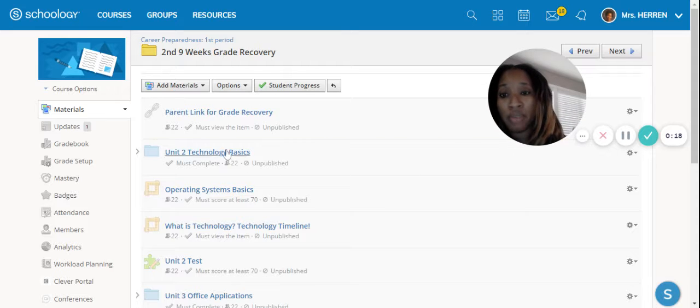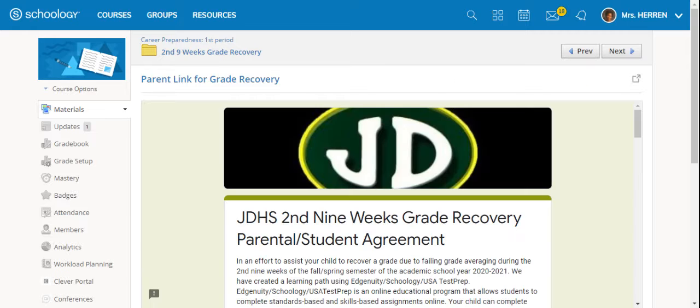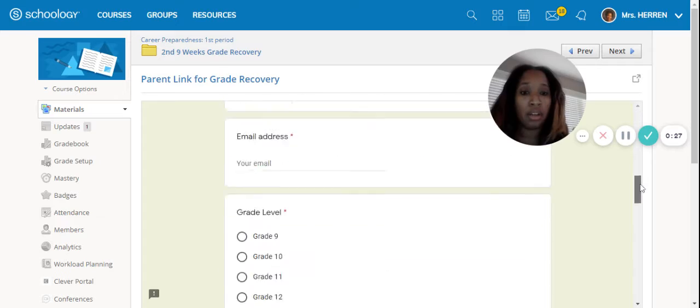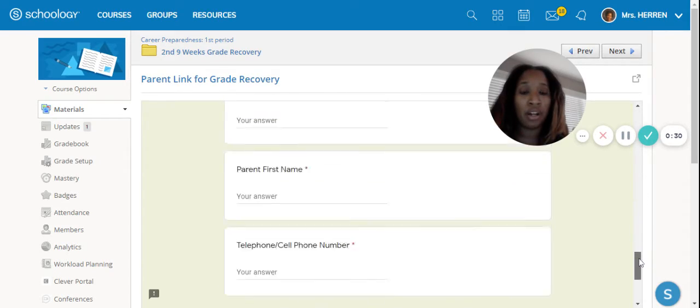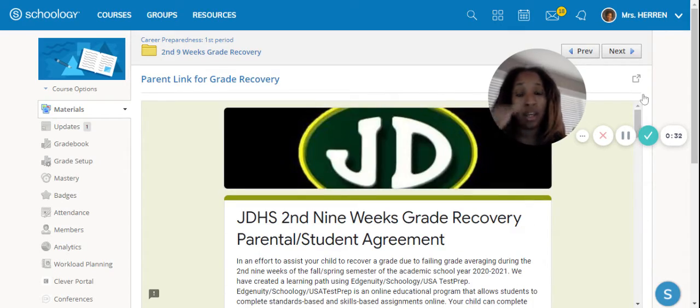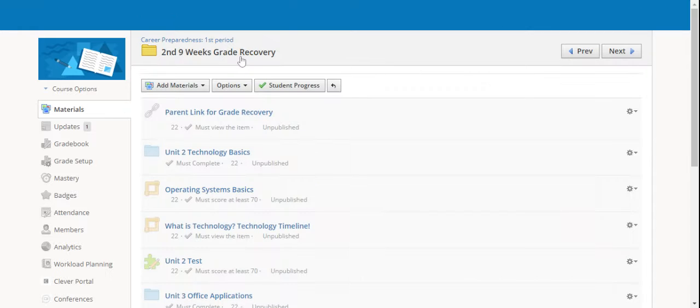First things first, you need to make sure that you do the parent link. So your parent needs to fill this out. You need to go to it, and if it hasn't been filled out, go ahead and fill it out. But even if you have filled it out, go ahead and click on it, okay? Just click on it, because the way I have this folder set up is that you have to go through each one, what's first, what's second, like that. So just make sure that you look at it. Okay, once that's complete,